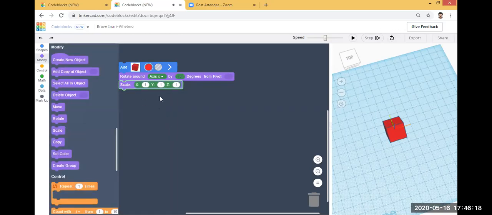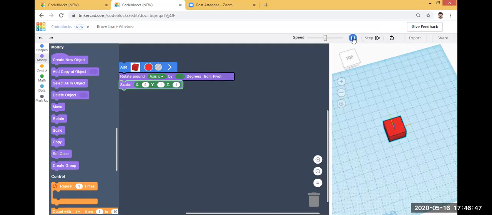Okay. And then you can see scaling in x-axis, y-axis or z-axis. That means enlarging. For example, if I enter scaling factor 5, you can enlarge 5 units in the x direction. Or if you enter y value, that will be in the y direction, and if the z value, that will be in the z direction. So here I will enter the value of x as, say, 5. Then I will click the play button.